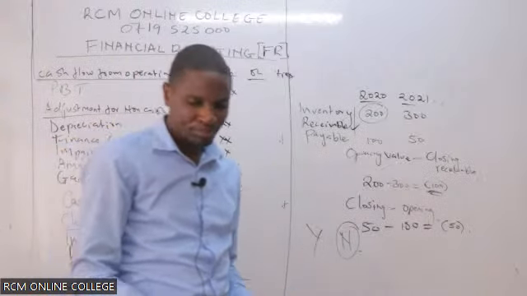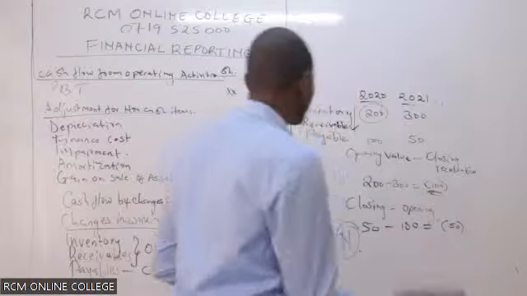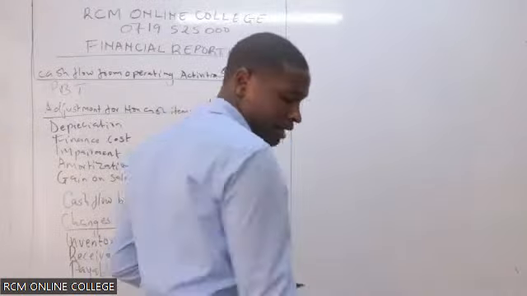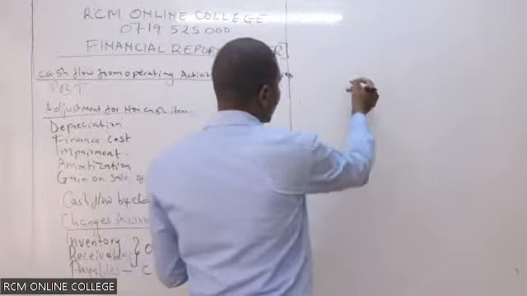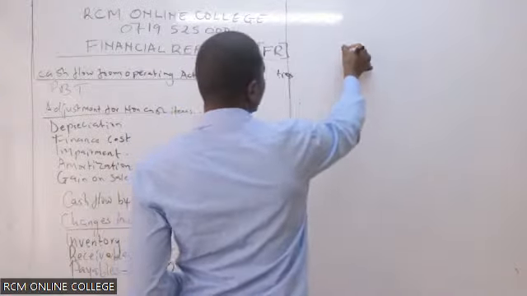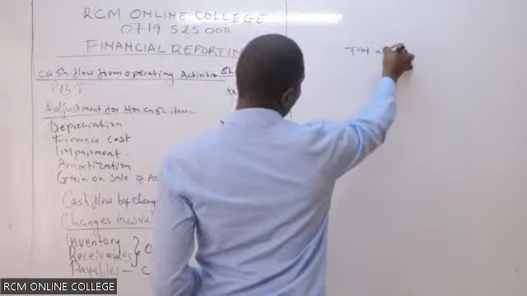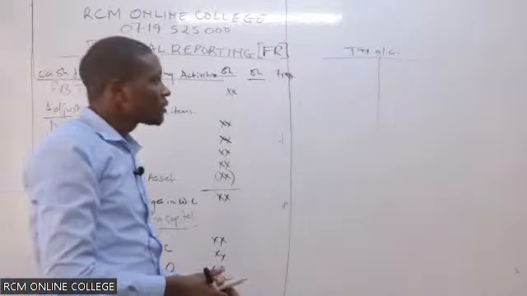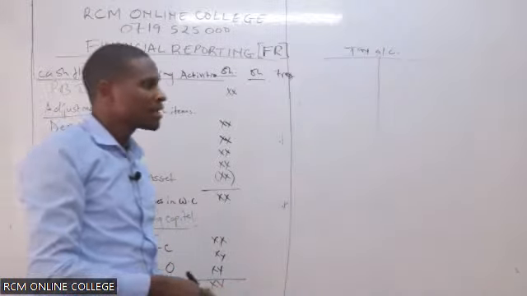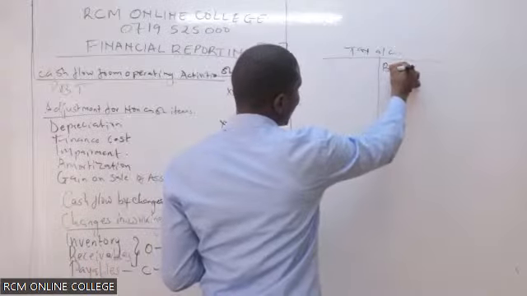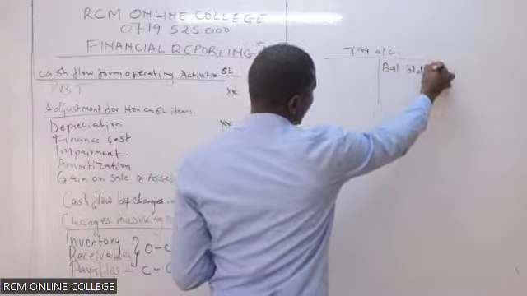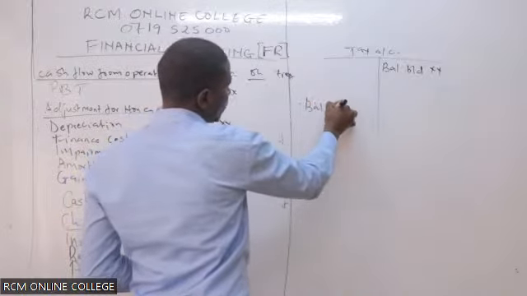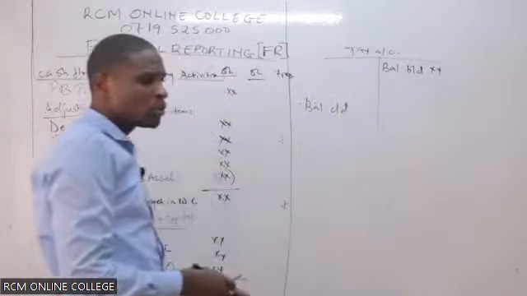And remember something I want you to get. There are some accounts that you should be comfortable to create. So if we say tax account here, lazima come up na tax account. How do we create tax account? So tax is a liability to the company, and therefore it has a credit balance. So balance brought down, we shall be having it there. Then balance carried down will be on this side.